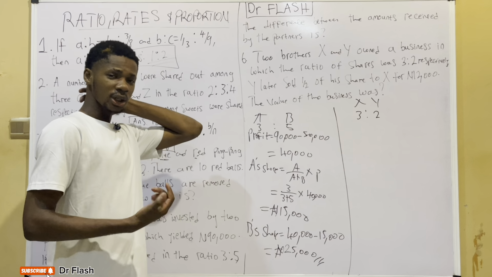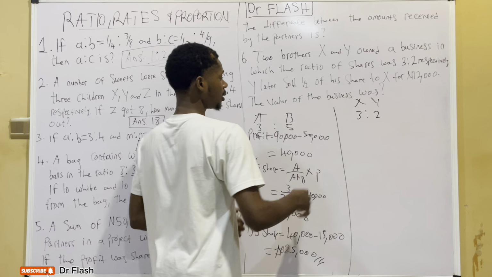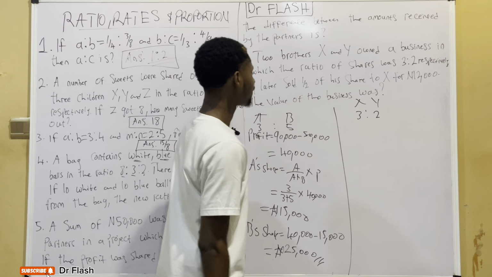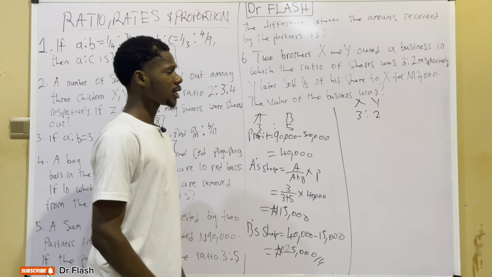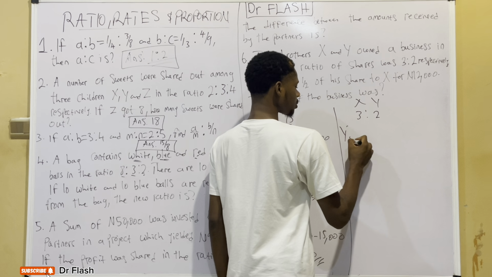So the bigger a ratio, the bigger what you get. Okay, so X and Y, which are brothers, share a business in the ratio of 3:2 respectively. And then Y later sold his share. Okay, now to get Y's share,